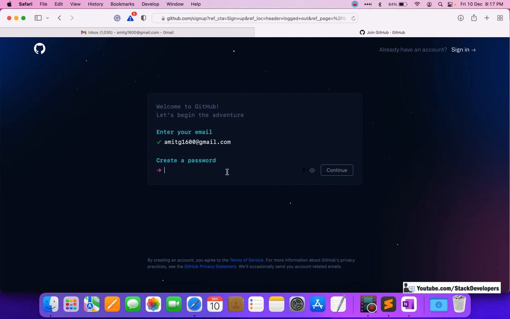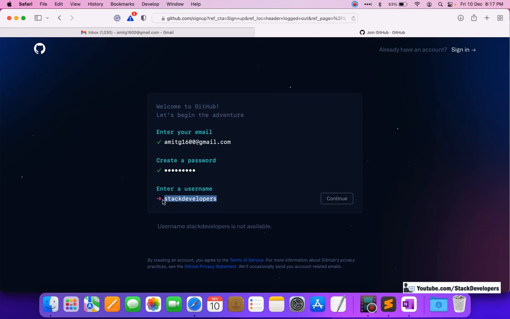See, it will ask for password. So I can give a strong password, whatever password you want to give. I will give it here. Keep remember that password, don't forget. So I will click on continue.